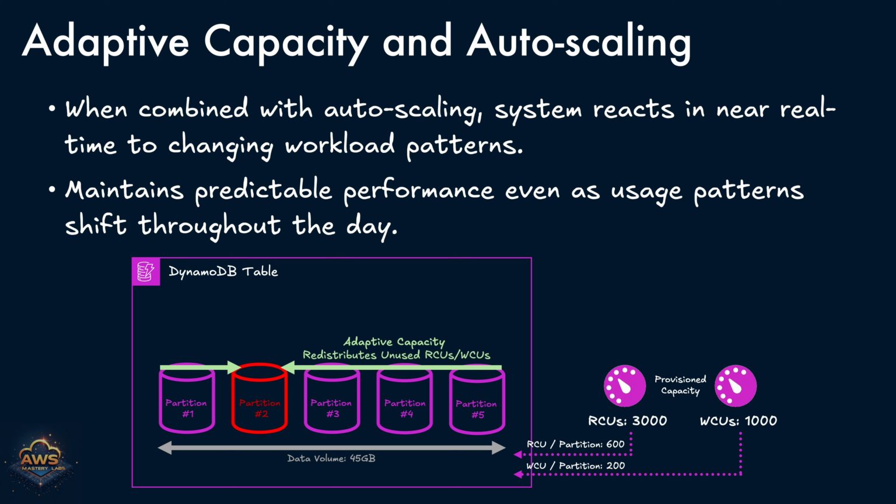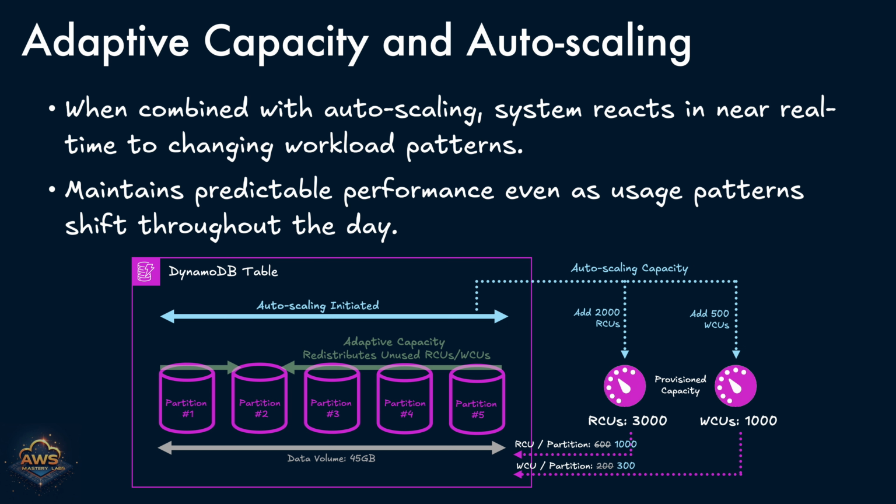maintaining consistent performance. Now let's consider auto-scaling. In the background, DynamoDB's auto-scaling monitors the overall throughput consumption using CloudWatch metrics. Based on the thresholds we've configured, in this case, a trigger to add 2,000 read capacity units, RCUs, and 500 write capacity units, WCUs, the system begins the process of scaling up the table's capacity when it detects sustained high utilization. This ensures the table as a whole can handle increased demand over time, not just temporarily shift capacity between